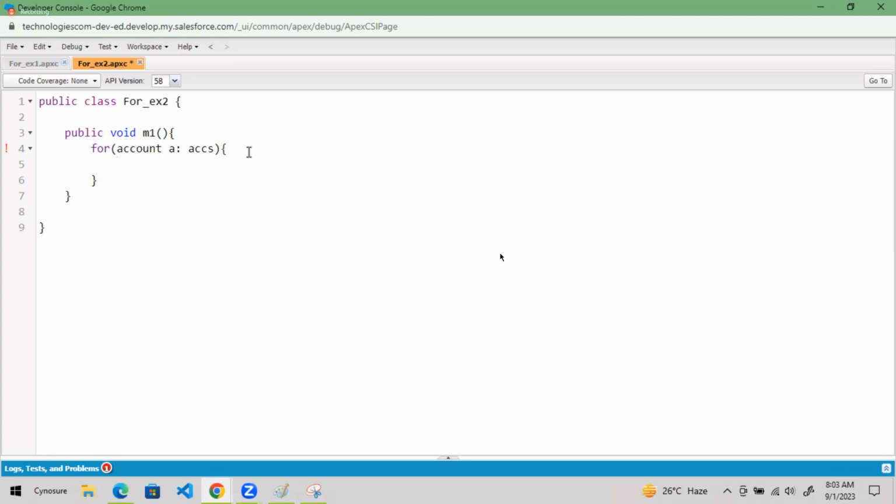First let's do the basics. First let me display all the accounts. Then one by one we will put conditions and we can complicate things. I want to display